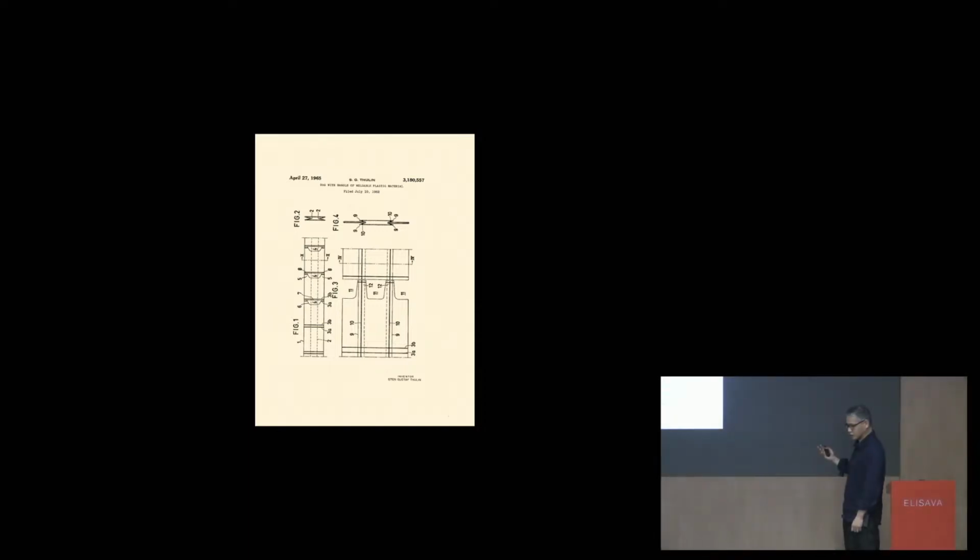This is a patent by a Swedish industrial designer named Sten Gustaf Thulin. And even though it's a patent, it quite elegantly shows you a solution to what we commonly understand as a design problem. What it shows is that you take a long roll of plastic or polyethylene, and you fold it over once, and then you weld it, and then you cut it into rectilinear patterns, and then you cut out handles. In very few moves, very elegantly, with very inexpensive material, you create what's actually the ubiquitous plastic bag.